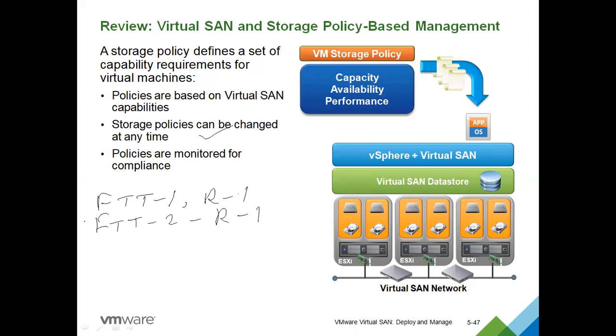Third could be erasure coding. Under erasure coding, we have two sets of policies, RAID 5 and RAID 6. Okay, so these are the policies. Even with RAID 1, we can go with FTT3 as well. You can go up to 12 even, it does not matter, but it's going to create a number of duplicate copies,